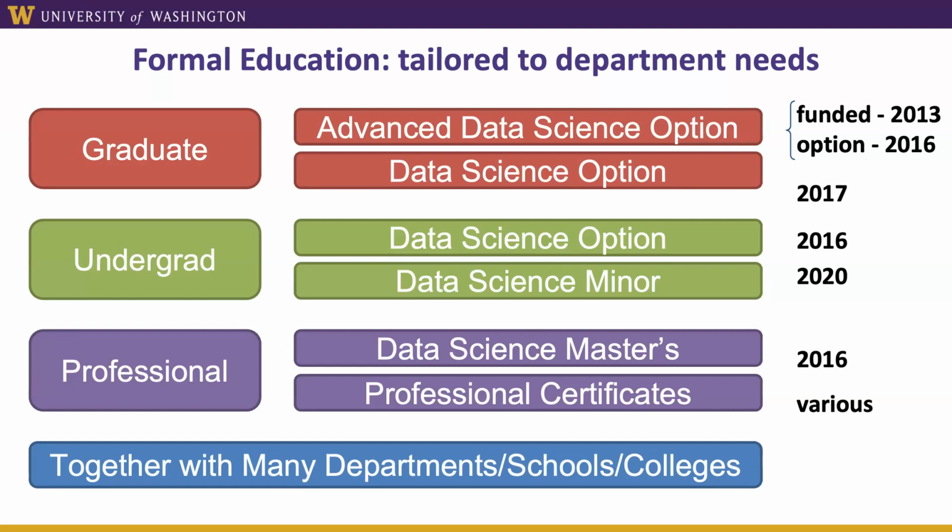As we built those out, we really wanted to bring that same structure to the undergraduate curriculum. And so we developed a framework for undergraduate data science options. These work the same way. Again, it's a specialization. The home department owns it. The students are still in their department, but they're getting this option or specialization in addition to their primary degree. We found, and again, I'll show you the details of those, that the data science option at the undergraduate level